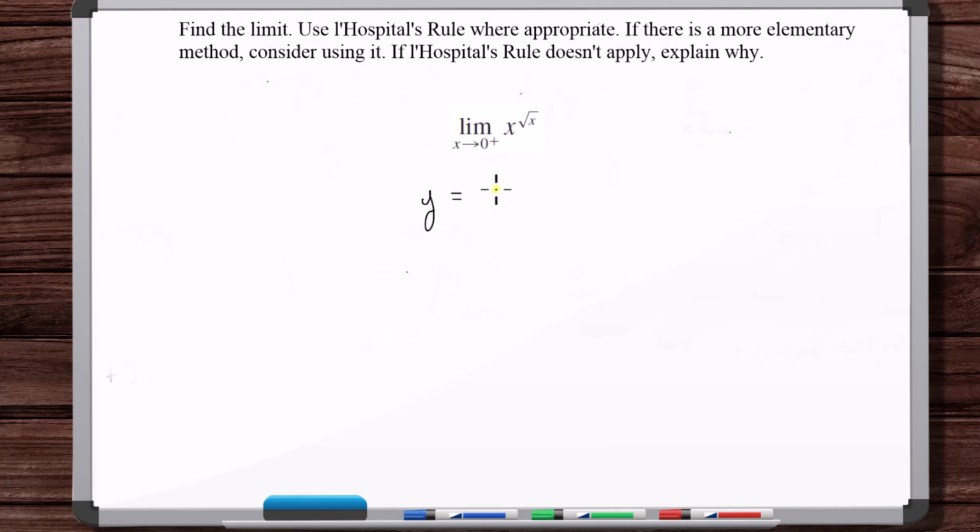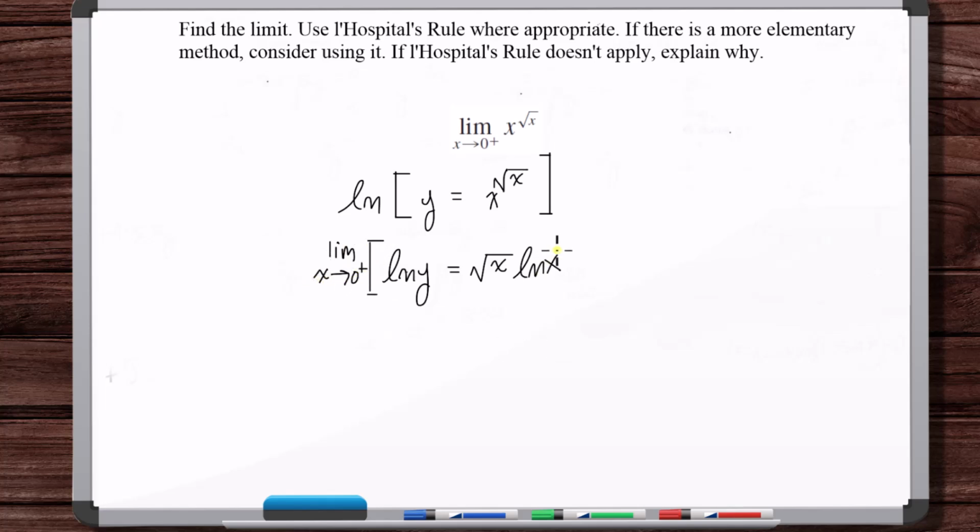So we'll say that y is equal to x to the square root of x... natural log of x. Okay, so now we'll take the natural log of both sides. So natural log of y is equal to square root of x, natural log of x. Okay, so now let's take the limit as x approaches 0 from the right of this. Okay, so we get the limit as x approaches 0 from the right of the natural log of y